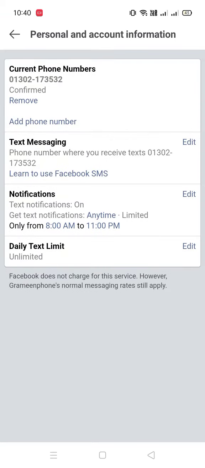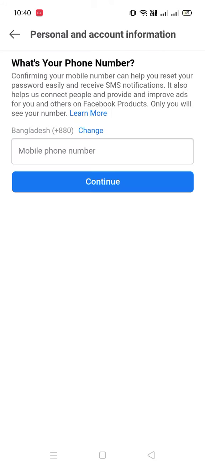number there, and then they will send you OTP code, and you have to give that code, and that's it, and then your second phone number will be